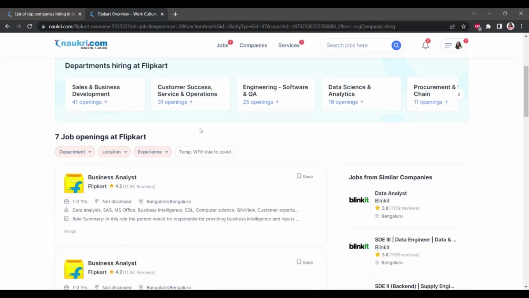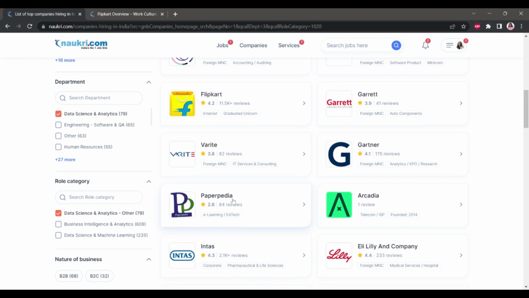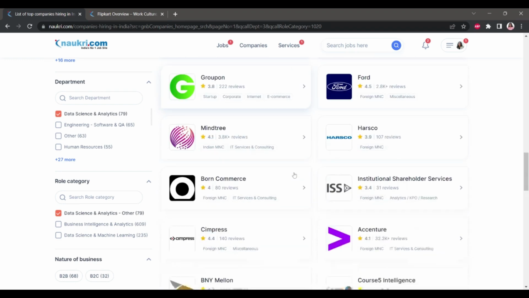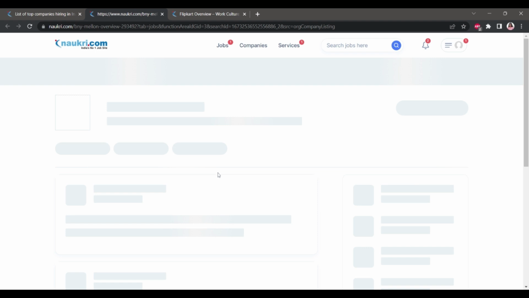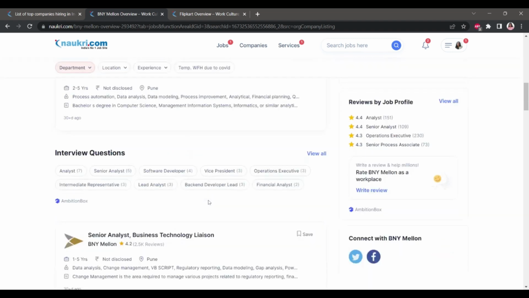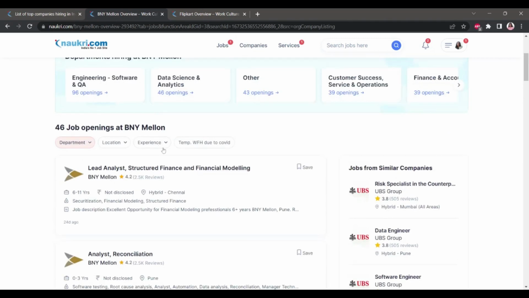If we want to go to another company, we can simply go to the previous tab, and then we can search for the other companies which are currently hiring. We can see there are different companies which are currently hiring. Now in BNY Mellon, we can see there are 46 openings in the data science field. So according to our experience, we can sort here,